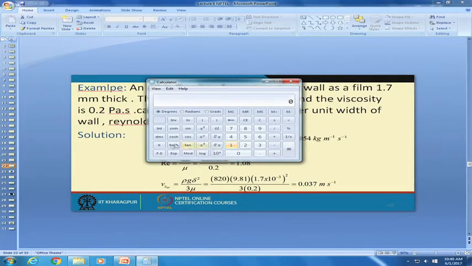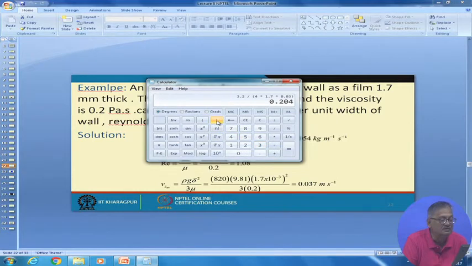So, we have 16 into 0.2 divided by 4 into 1.7 into 0.03,